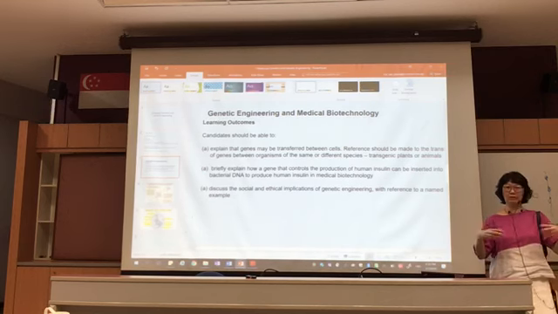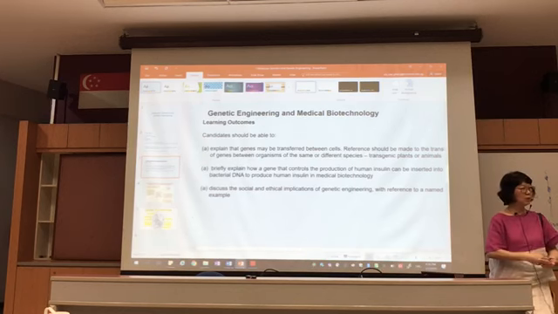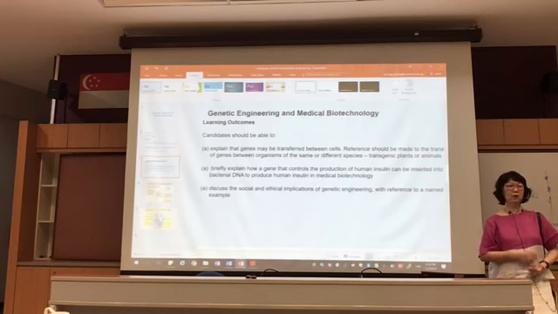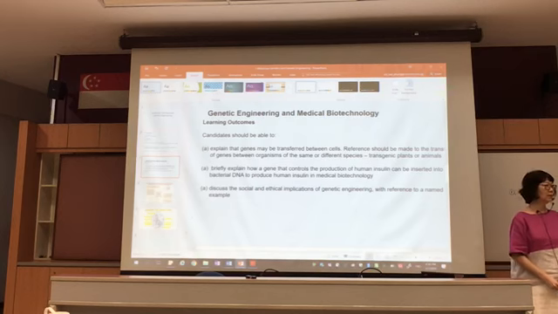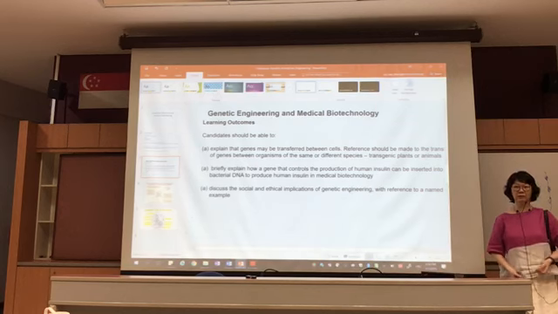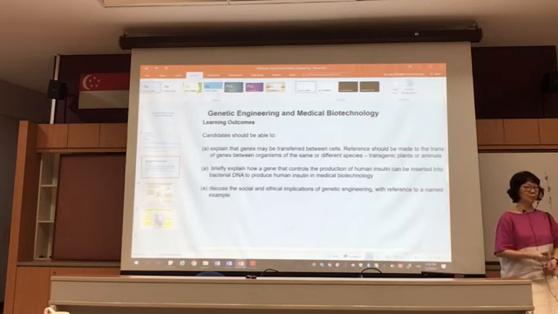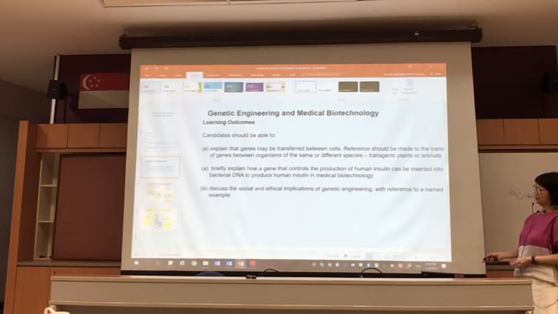So once the bacteria have the insulin gene, what do they do? They respond to the instruction of the gene, right? The gene will actually code for insulin. So it makes the bacteria produce insulin. So if you culture the bacteria in large quantity, you're going to get a lot of insulin, which can be extracted, purified, and used in the medical industry. Okay, so this one,